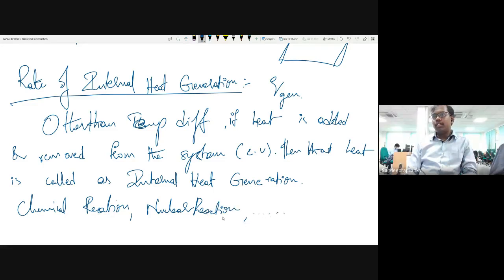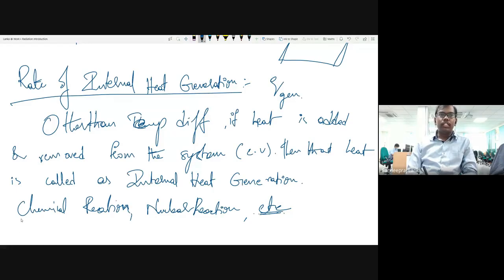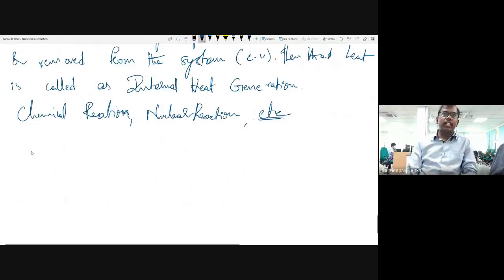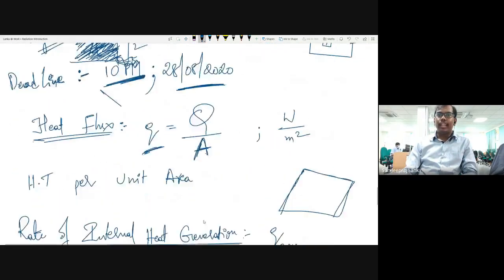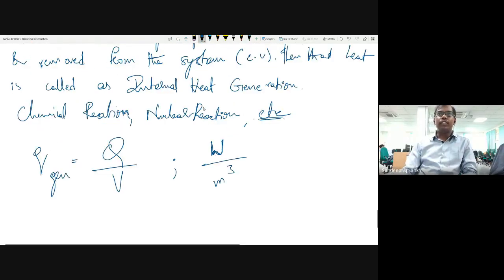So many things like this can happen. Other than temperature difference, anything can happen to give you heat. Okay. So these things will give you something called internal heat generation. And this internal heat generation is taken as Q upon volume. See, in the first one, I told you this is Q upon area. And here, Q upon volume is taken, and the unit for this one is watt per meter cube. Okay. So these are the two things that we should have in mind while we look into various